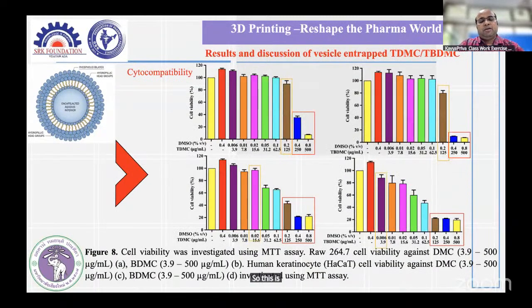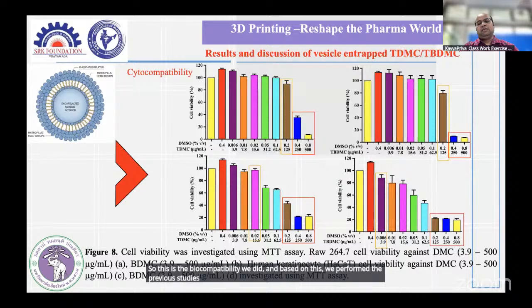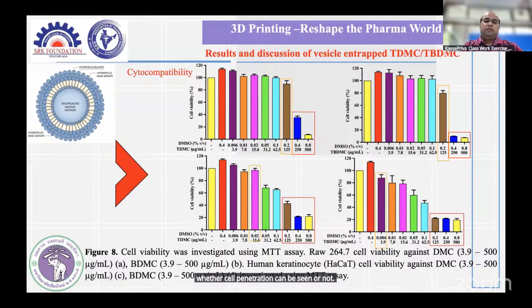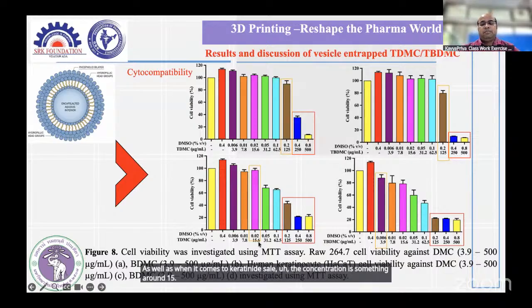So this is the biocompatibility we did, and based on this, we performed the previous studies, that is, whether cell penetration can be seen or not. You can see here that the biocompatibility has been performed over macrophage as well as on keratinocyte cells. We found that at a concentration of around 125 in macrophage, as well as in keratinocyte cells, the concentration of around 15.6 microgram for